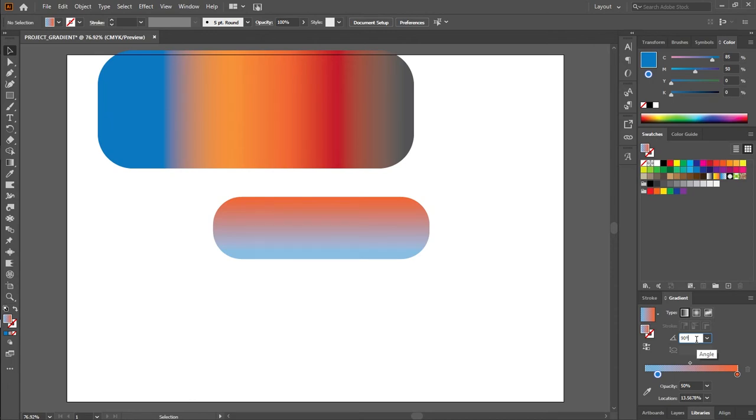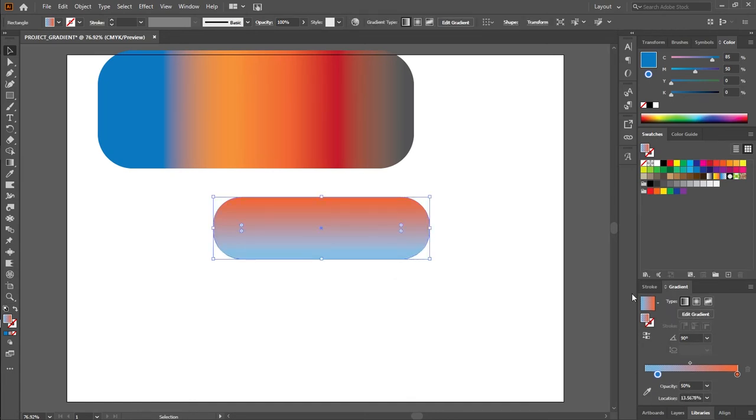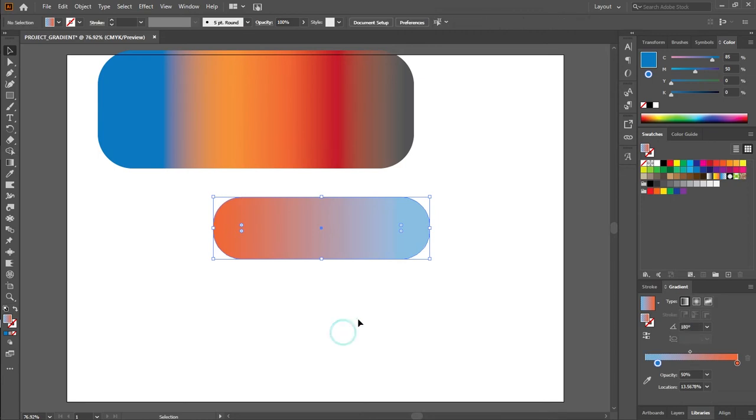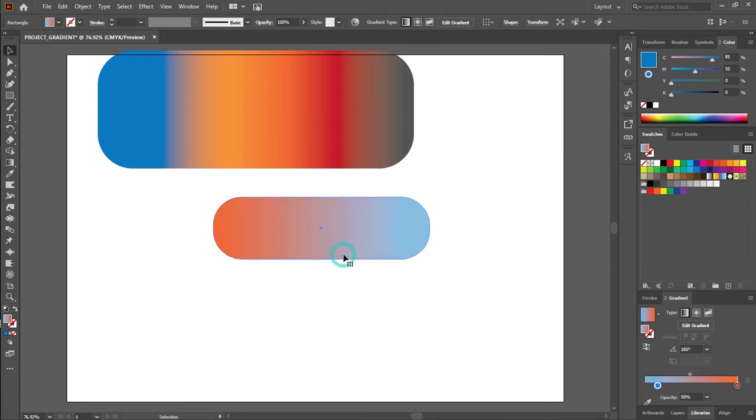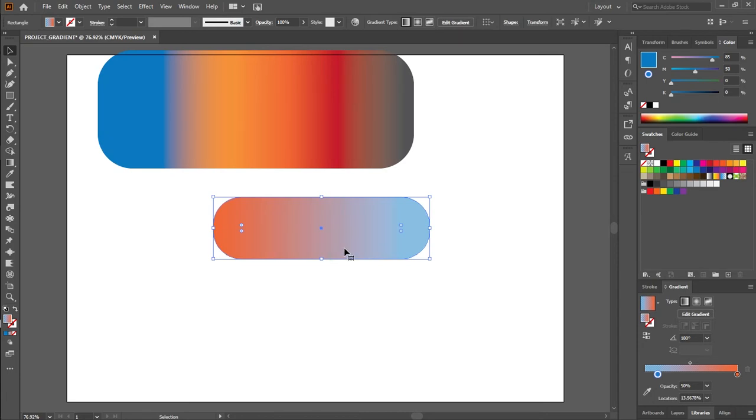In the middle we have a change that has been 90, but if I type something like 180, sorry, let me select this shape, then type 180 and press enter. You can see I've gone back to the original because there has been a rotation. Prior to this, we saw that we had a vertical arrangement, a crossfade, with the two colors vertical, but now we have it rearranged to the original positions. If you put 360, it is